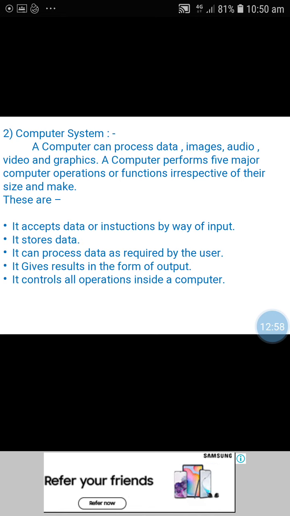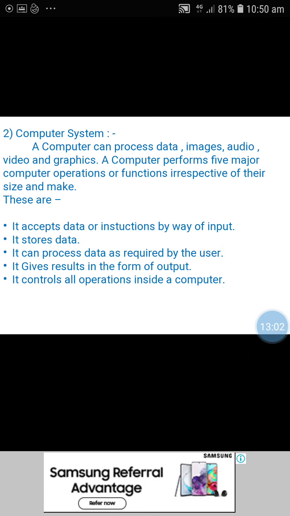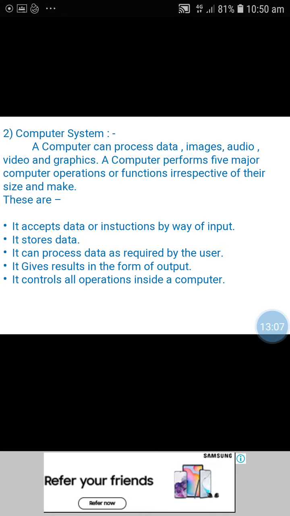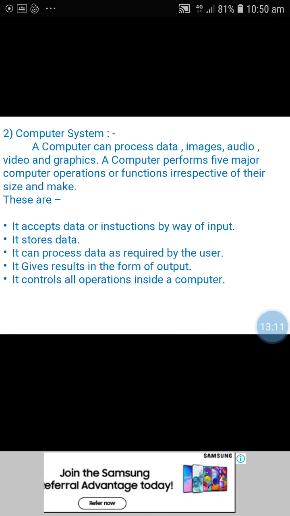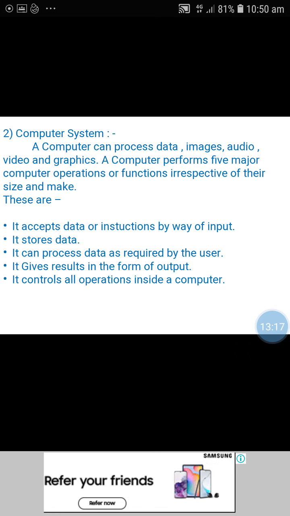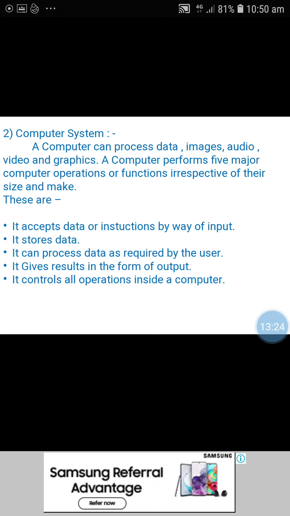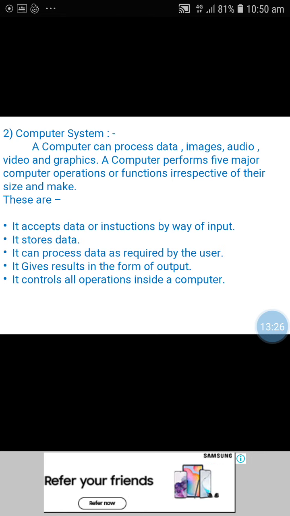The 5 major operations are: it accepts data or instructions by way of input, it stores data, it can process data as required by the user, it gives results in the form of output, it controls all operations inside a computer.